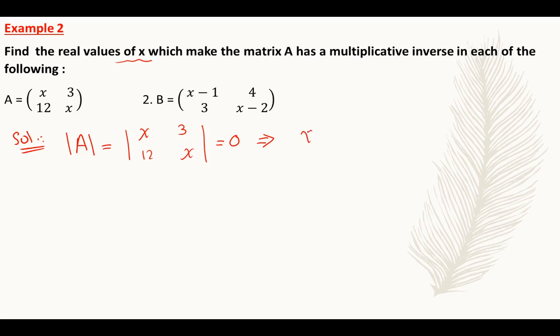x times x will be x power of 2. 3 times 12 will be equal to 36. x power of 2 minus 36 equals 0. So x power of 2 equals 36. We want to find the value of x, so x will equal positive or negative the square root of 36. So x will equal positive or negative 6. So 6 and negative 6, these are the values which make the matrix A have no multiplicative